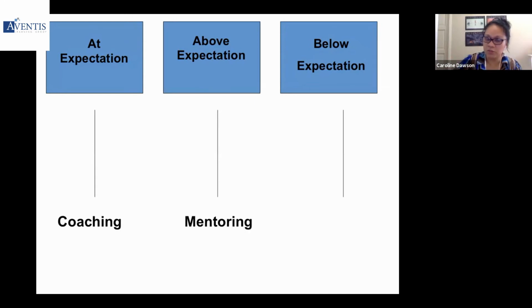Now, of course, if this person is performing above expectation, mentor them. You remind me of myself, 20 years ago. Let me share something additional, I'll be your master sifu, for example. Now, of course, if this person is performing below expectation, obviously, this person has got certain issues. I might have to counsel them.